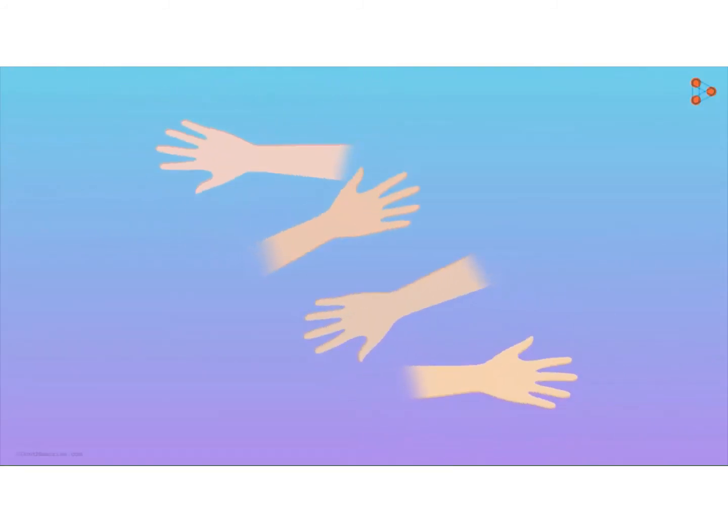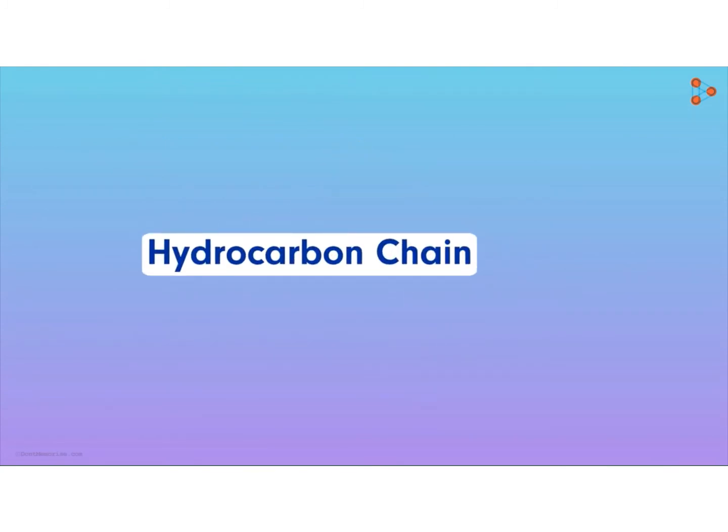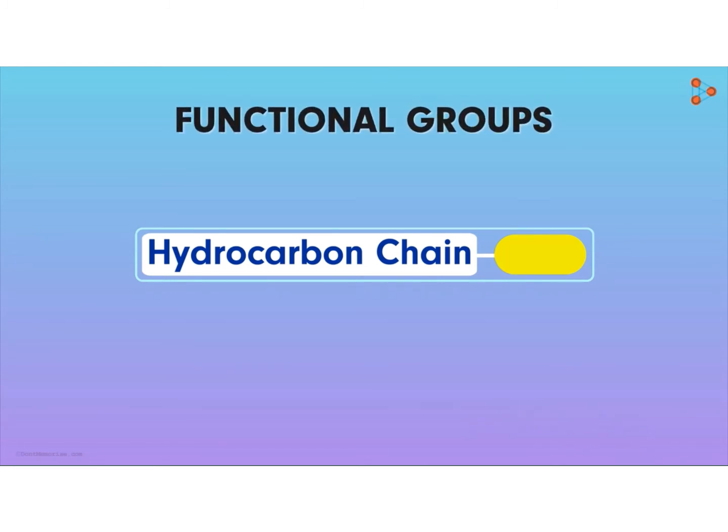We all love the company of our favorite people. Similarly, hydrocarbon chains are also fond of other molecules. They get bonded so strongly that the properties of the compound change depending on the molecules attached. And what are these groups of molecules referred to as? They are called the functional groups, that's right. Let's get to know about them.